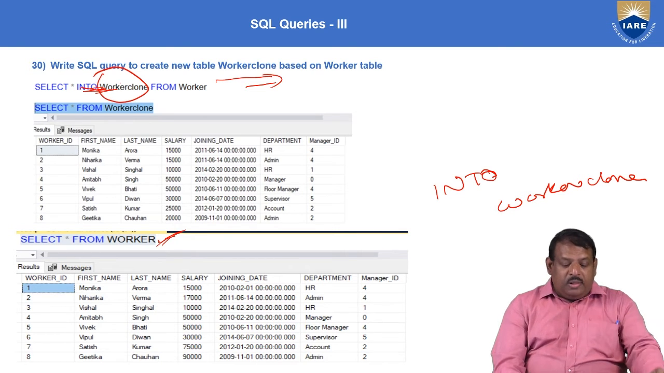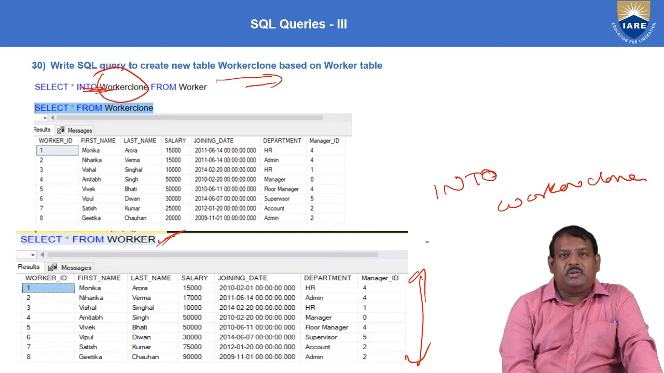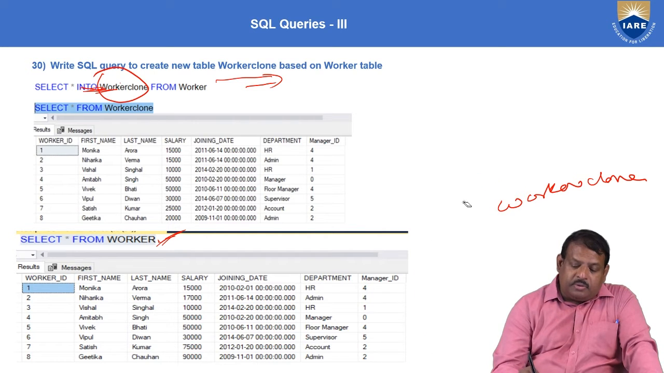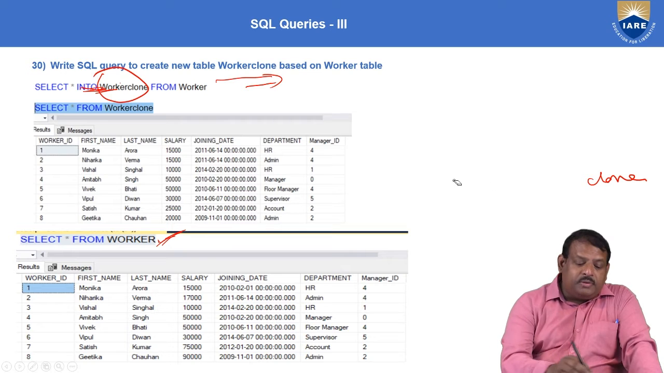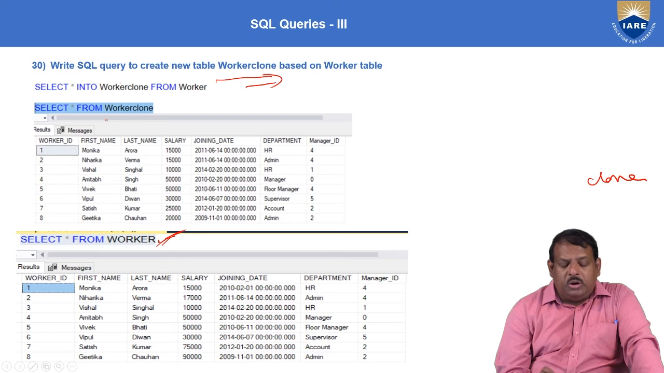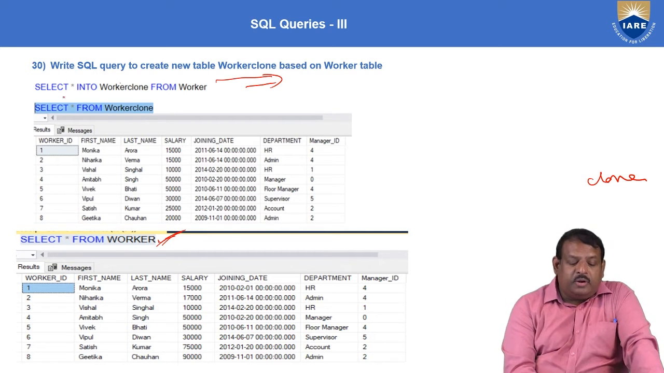So all the 8 rows, all the columns will be copied to the workers clone table. Okay. Now here I'd like to tell you some more things. Instead of star, you can mention the required columns. Suppose you don't want to copy all the 8 records, or all the 7 columns. You want to copy only 2 of the columns. Then you can write here